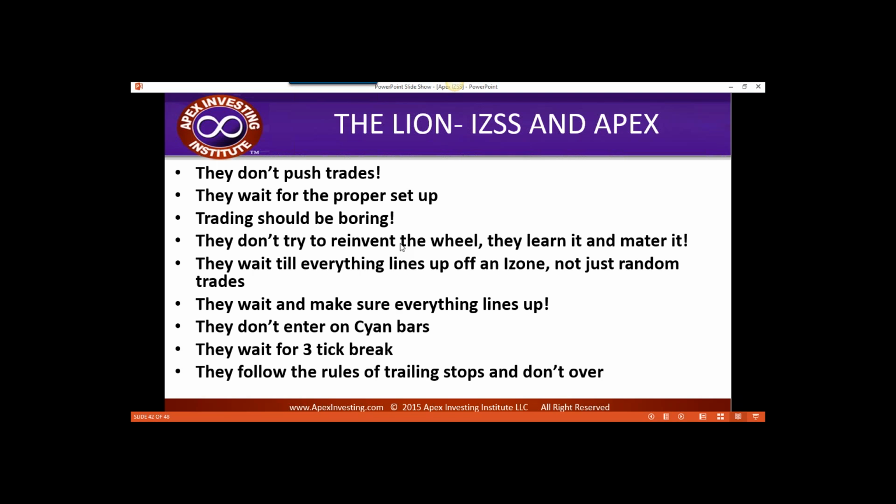You should, yes, there's probably a part of you that's tempted to be a cheetah sometimes because, like, man, I want something more. Like, come on, let's go. Been sitting here a little while, let's go. Trading should be a little boring